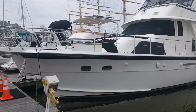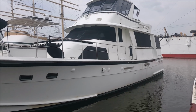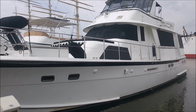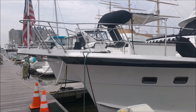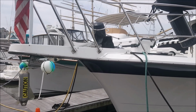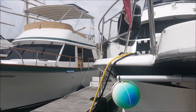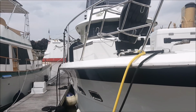Quite a few people have asked us to do a video tour of our Hatteras. So I'm going to put one together now using my smartphone, so hopefully the quality and the sound will be okay. It's a 58 Hatteras, 58 Motor Yacht. It's a 1979,